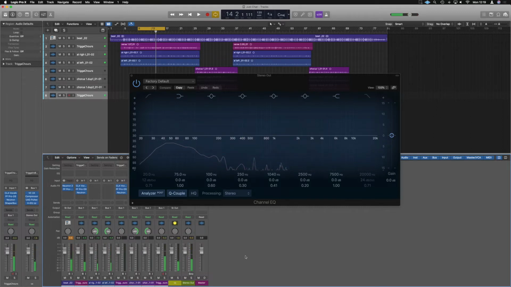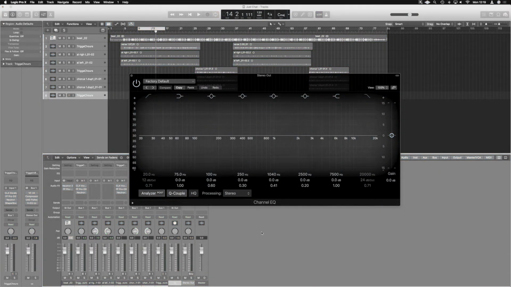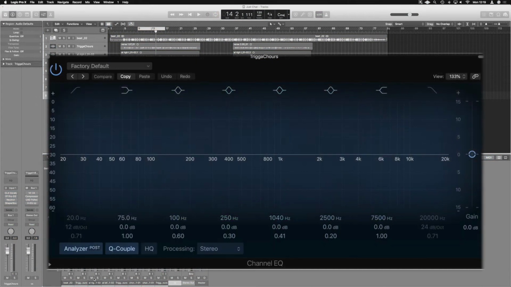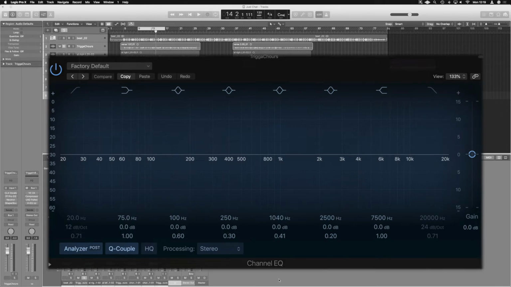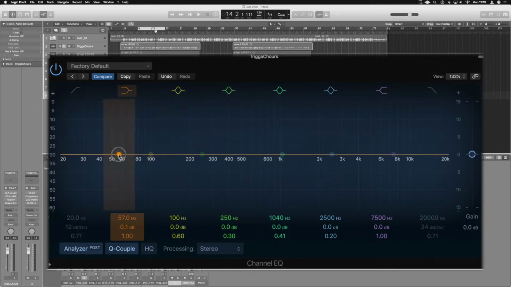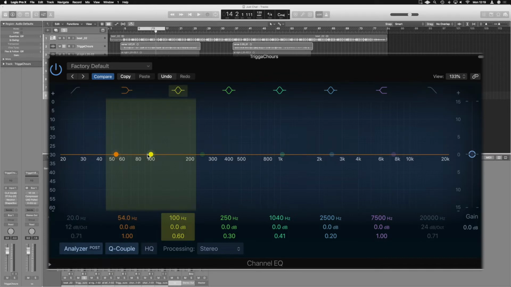Well, what EQ really does is the same thing, but just across the one singular sound instead, or across a collection of sound. For example, if we place an EQ just on the main vocal here, we can think of these points much like the faders on a mix channel, but instead of controlling the amplitude of a whole sound, they just control one small part of that specific sound.